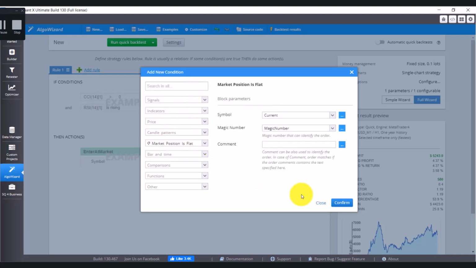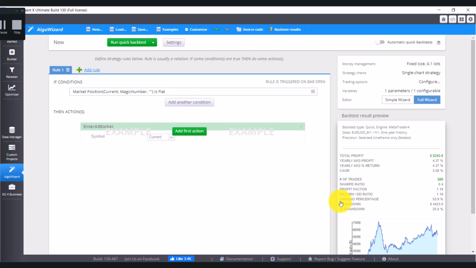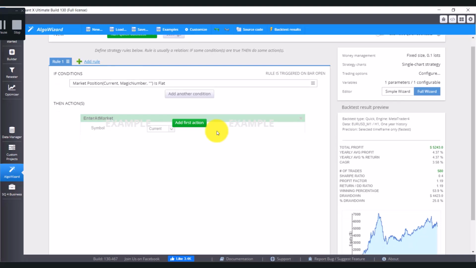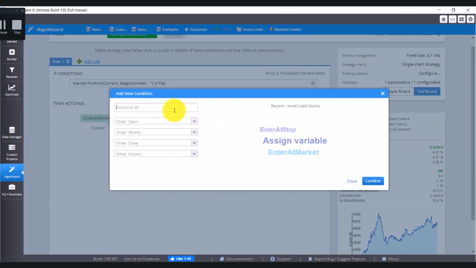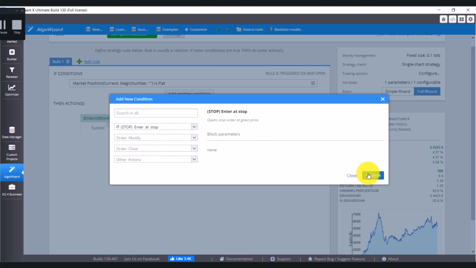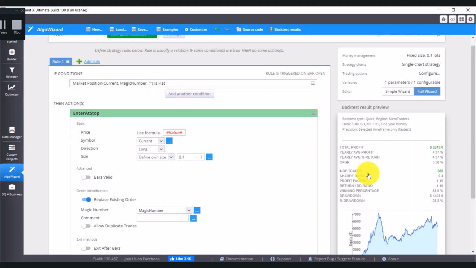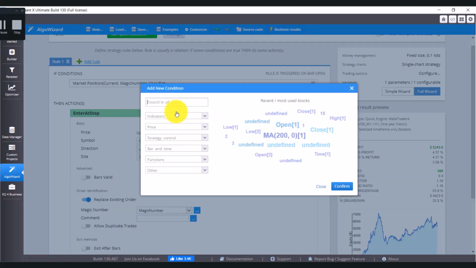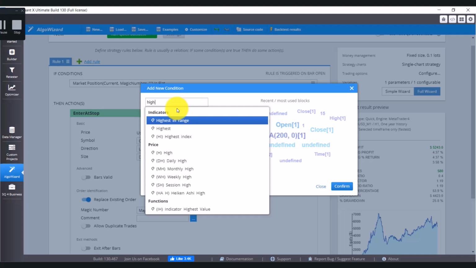And that's all. Practically, it means that the strategy will always hold a pending order while the market is open. And our action is going to be enter at stop, confirm it. With the stop order, you can immediately see that it is necessary to fill in this value, so click on it, and I'm going to choose indicator highest,